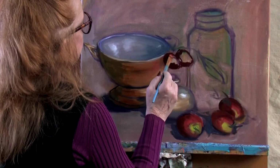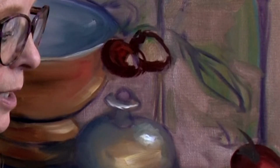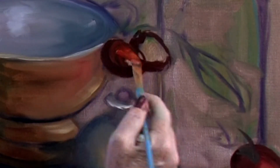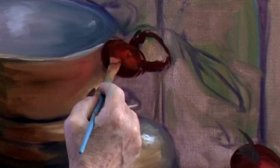And let's put that, yeah, that's beautiful. A little more of that. I think maybe a tiny bit of white. You have to be careful when you're trying to make a lighter red. You could do this with cadmium red light. It'd be awesome. Because if you